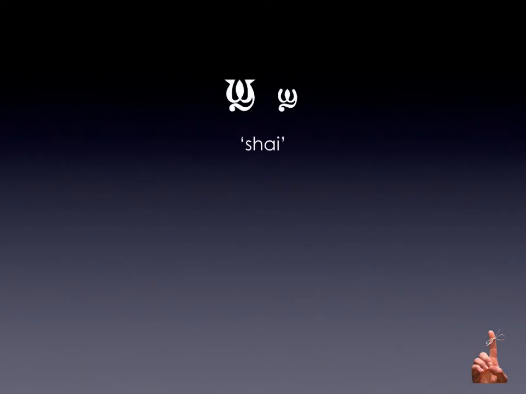Let's continue on with some letters that we need to memorize. This is the Shai. It sort of looks like an omega, or a long O, I should say, a long O with a tail attached to it. It looks very similar to the letter equivalent in Arabic for SH. So this is the Shai, and it's pronounced sh as in shake. And this is one of the uniquely Coptic letters. In fact, the rest of the letters that we'll see for the rest of this part of the presentation are uniquely Coptic.